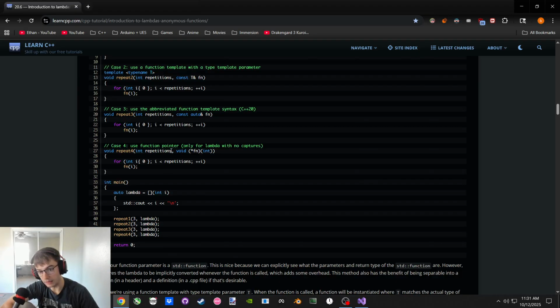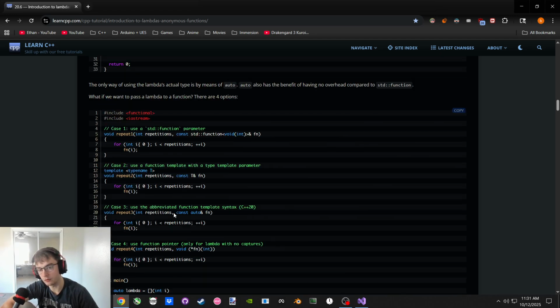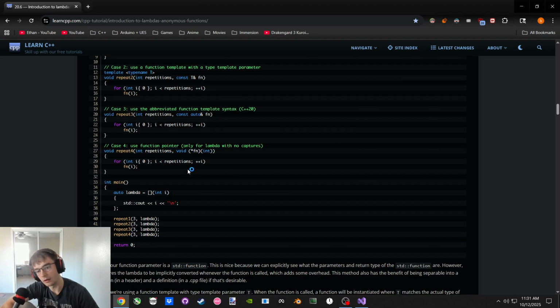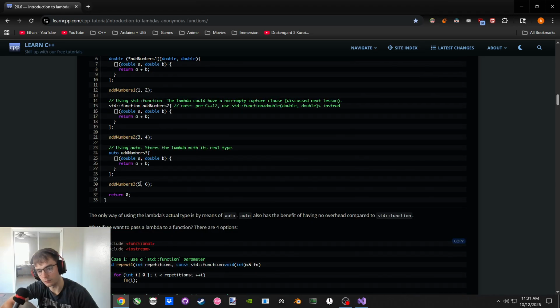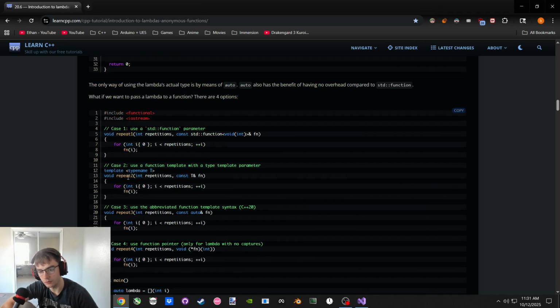We could also use the actual function type. So a pointer named function to a void-returning function that takes an integer parameter. Well, it's basically the same thing. I almost prefer that to std::function just because it's more explicit and it's one less thing that I have to include, <functional>. It's in std, so yeah, and you can see it right there.